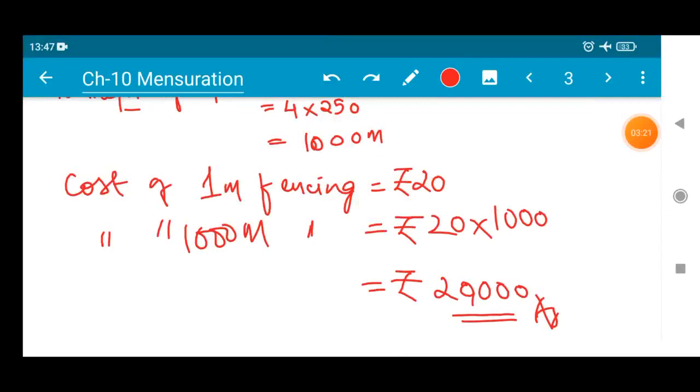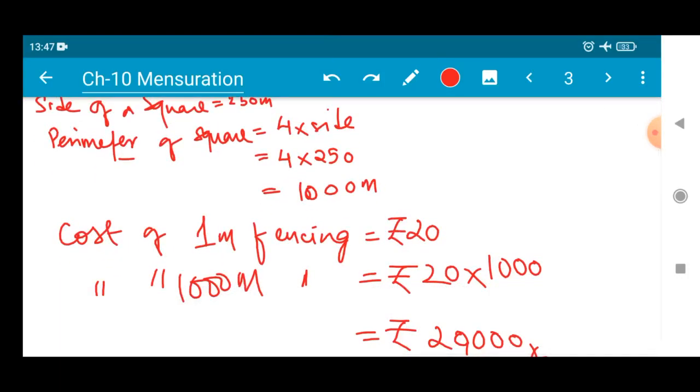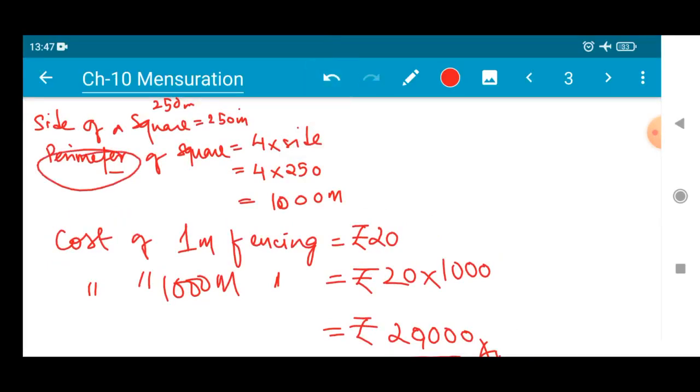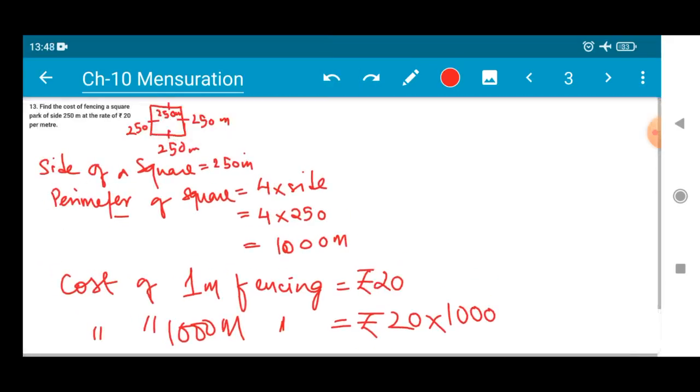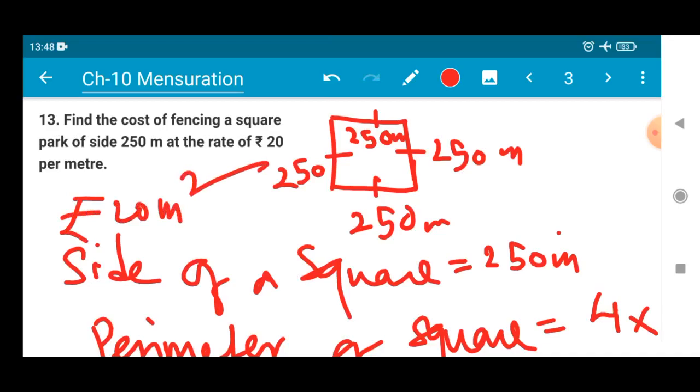So this is one of the most common questions for your higher classes when you reach class 8, 9 and 10. This type of question will be one of the most common ones. So in order to find the cost, whether it is area, volume, or perimeter, those need to be found. If suppose here it is given per meter, that's why we are finding perimeter, right? But if suppose we have to find the area, then they will be giving rupees 20 per meter square, and at that time we will not find perimeter, we will be finding the area. Okay, you need to be very careful with this.